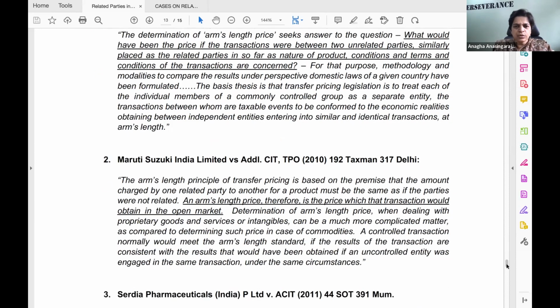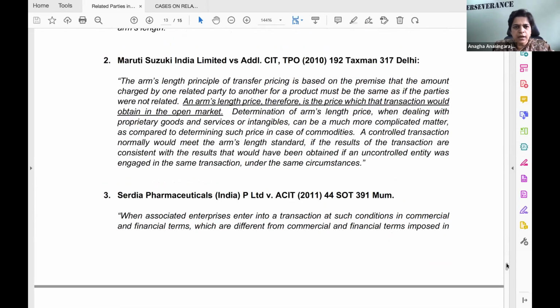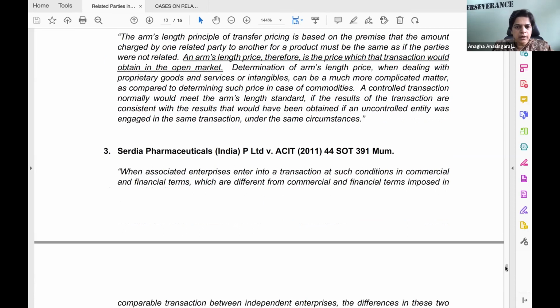Then we have the Maruti Suzuki case, in which an arm's length price, therefore, is the price with which the transaction would obtain in the open market. So how to determine the transaction price, the arm's length price. Then the Serdia Pharmaceuticals case is also there